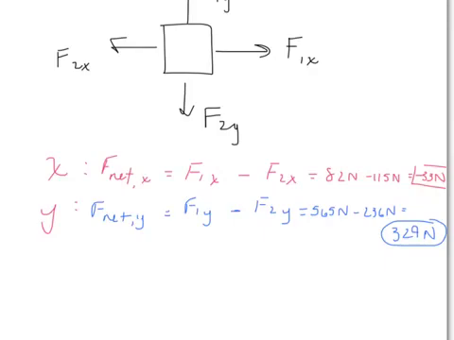So if we're looking at this, the force is to the left, and then it's up. Well, how much to the left is it? Well, it's to the left by a value of 33 newtons, so let's put 33 there. And we could say that it's acting up with a value of 329. Now, for this problem, we're technically done when we get to this part, but let's take a look at something